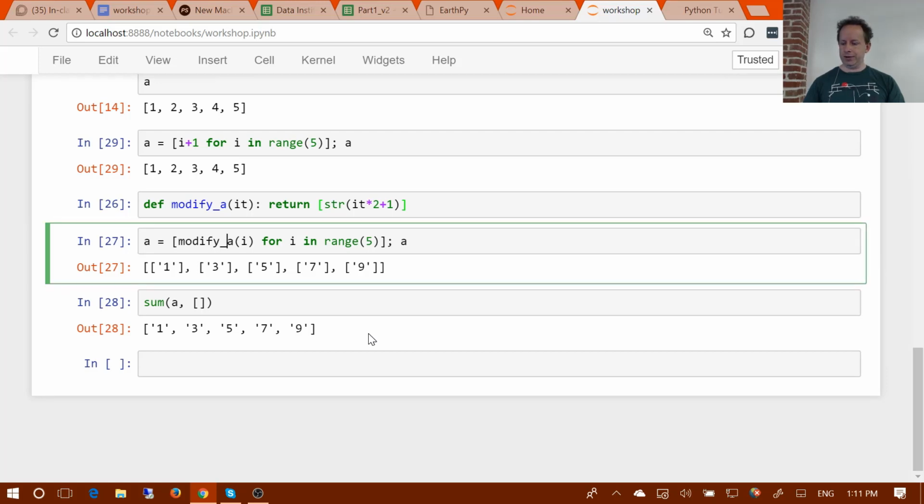So the second thing you can put into a list comprehension is an if. This is not the if statement in Python. It's not the if function in Python. It's just the particular syntax we use to create a filter in a list comprehension. And this is where we get to say, only use a subset of the list. You can say if i mod 2 equals 0. For those of you who don't know, percent means mod. So divide by 2 and see if the remainder is equal to 0. And so that's going to give us the even numbers, multiply them by 2, add 1, stick them in a